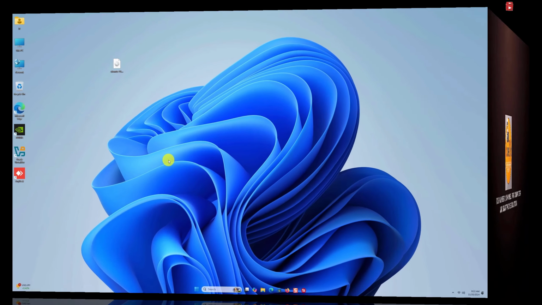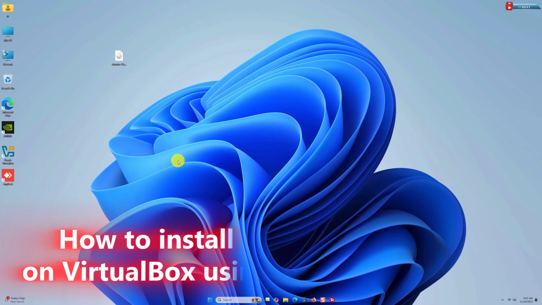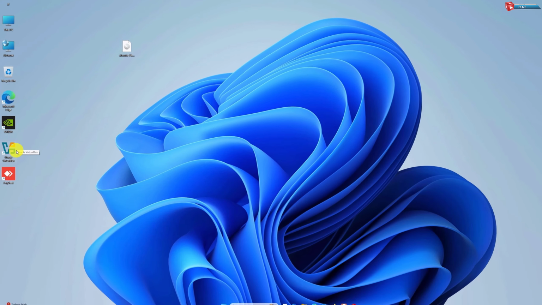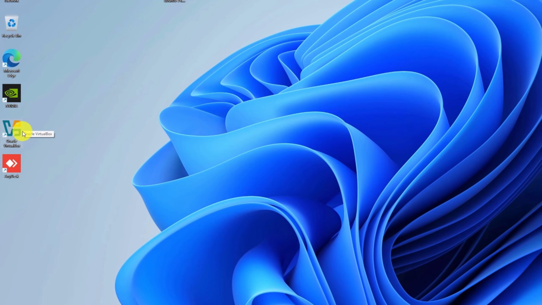In today's video, I'm going to show you how to install Ubuntu 24.04 LTS on VirtualBox using Windows 11 24H2. Whether you're new to Linux or just want to test out Ubuntu, this step-by-step guide will help you get started. Let's dive in. Before we begin, make sure you have the following: VirtualBox installed on your Windows 24H2 machine,